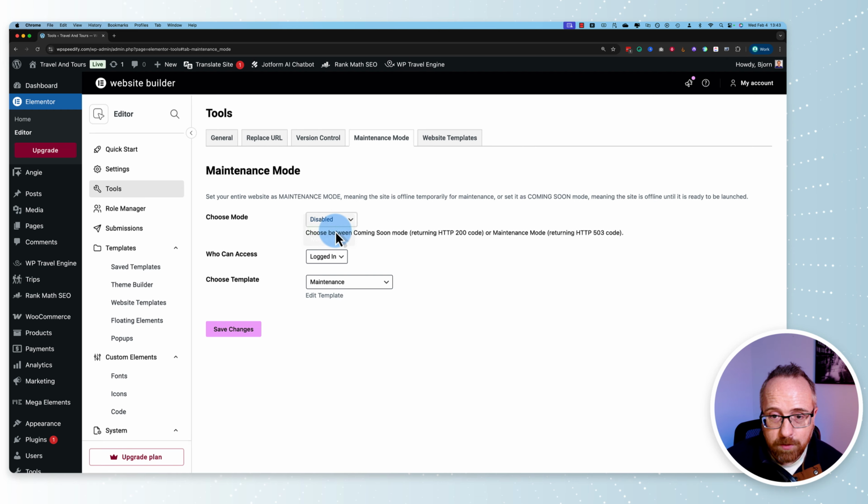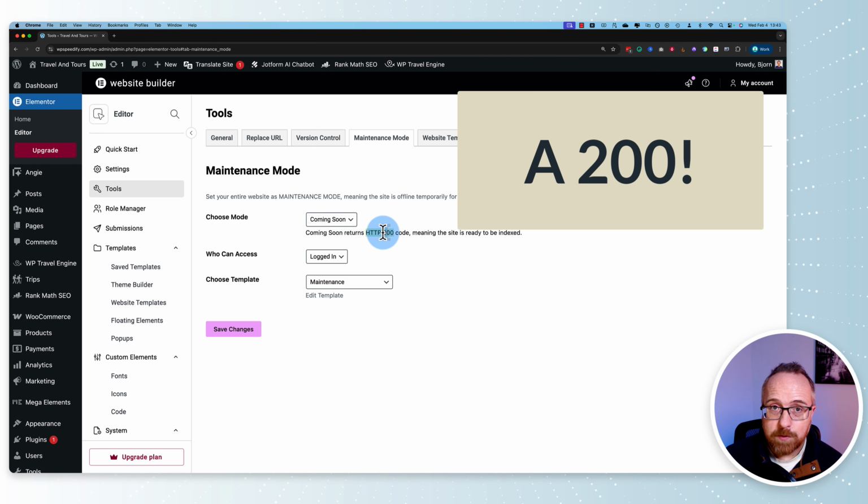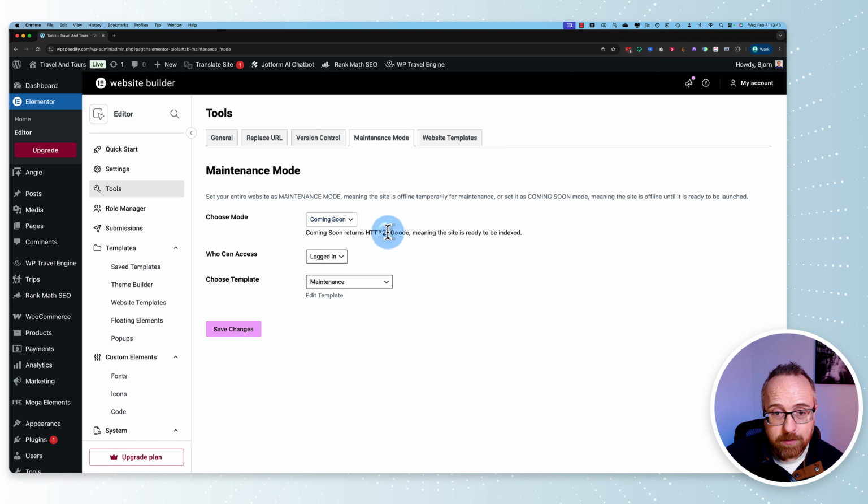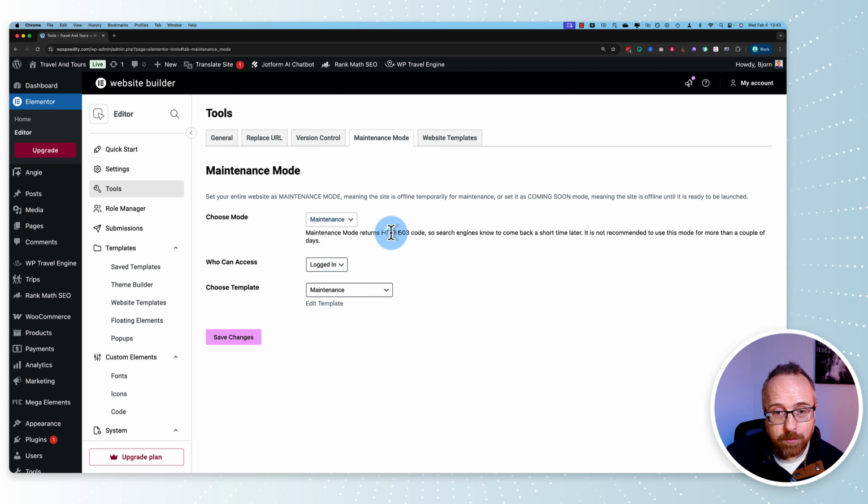You can have Coming Soon mode, which presents a 200 code to search engines, which means the website can be indexed and be back soon. Or you can have a maintenance mode, which sends a 503, which will tell search engines to come back later and don't index it right now. A 200 is better for SEO because search engines are like, nothing's wrong, it'll be back in a minute. A 503 is less good for SEO because it's telling search engines to get lost, but both of them are